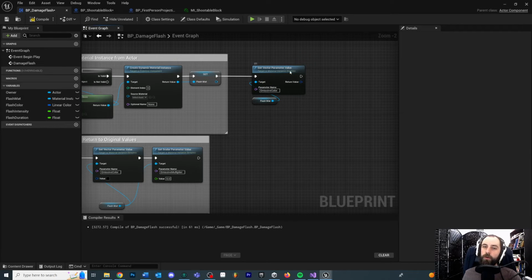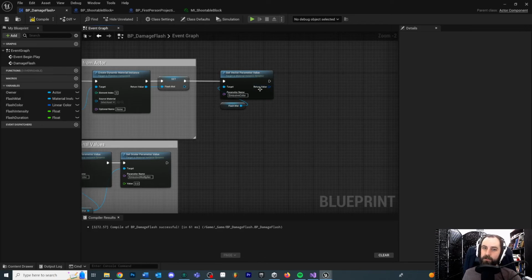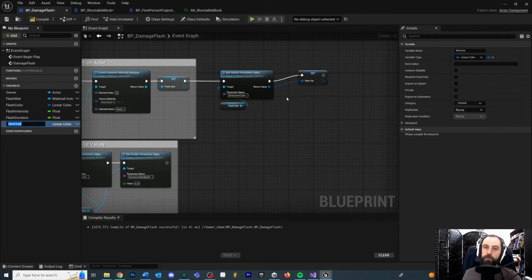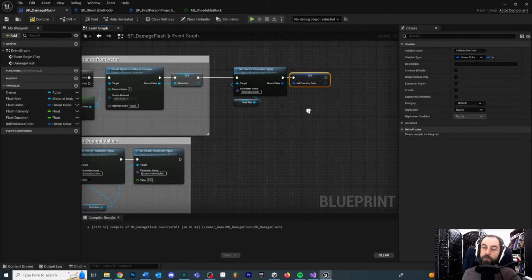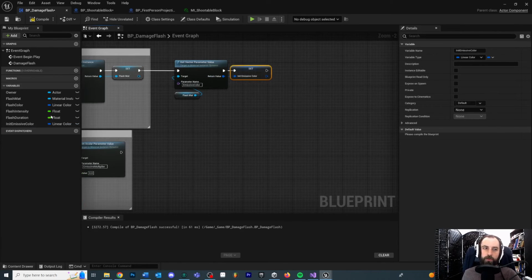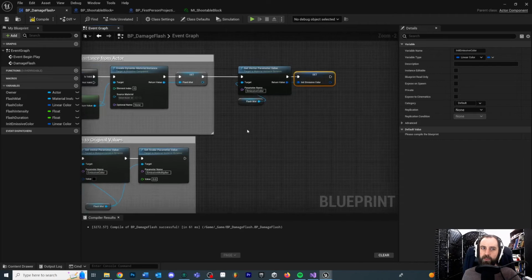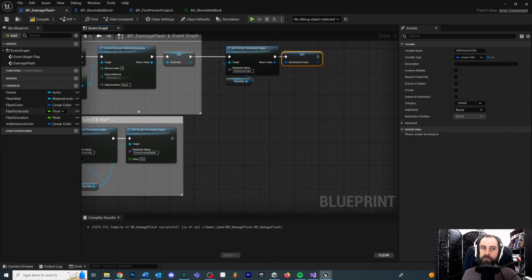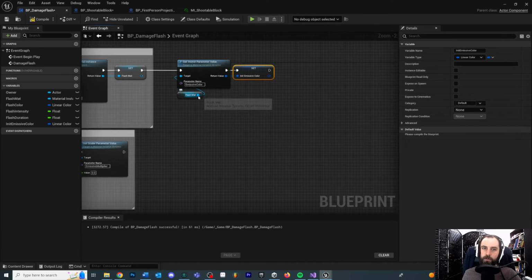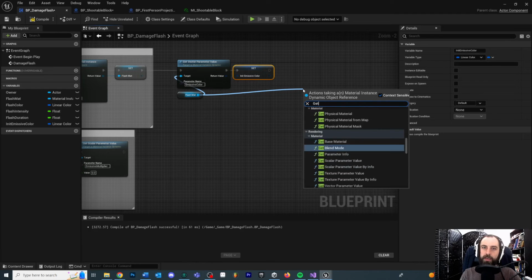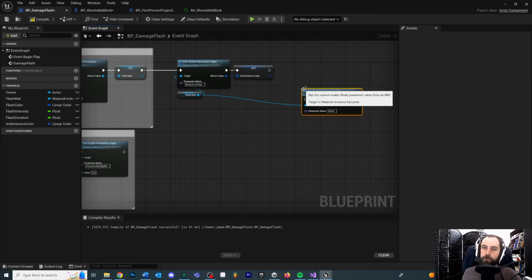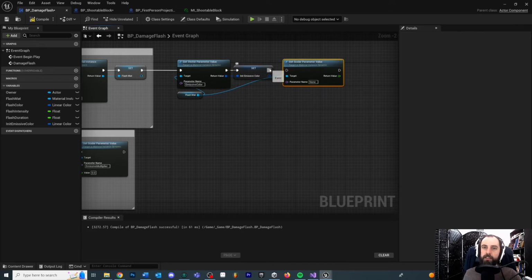Now here's the thing, we're getting the starting value of our emissive color, but we need to save it. So I'm going to save this return value by right-clicking, promote the variable, and we're going to call this init emissive color. So we're going to save the starting emissive color before we change anything. We're going to store that down in a variable, and we need to do the same thing for our emissive intensity. So we're again going to pull off of flash matte, say get scalar parameter value, connect that in, and